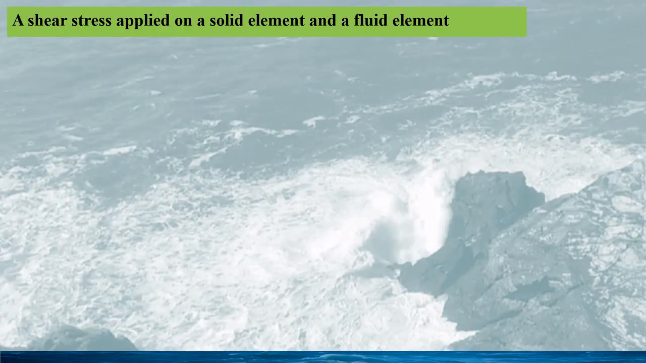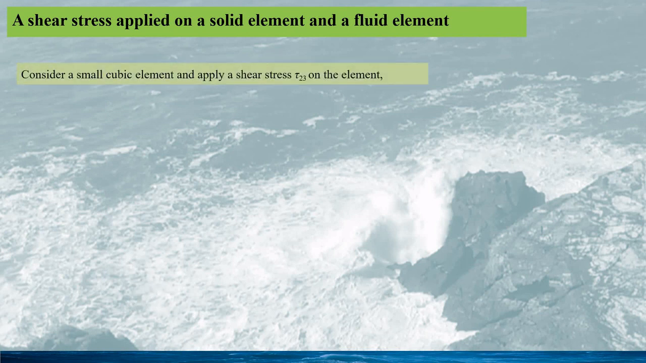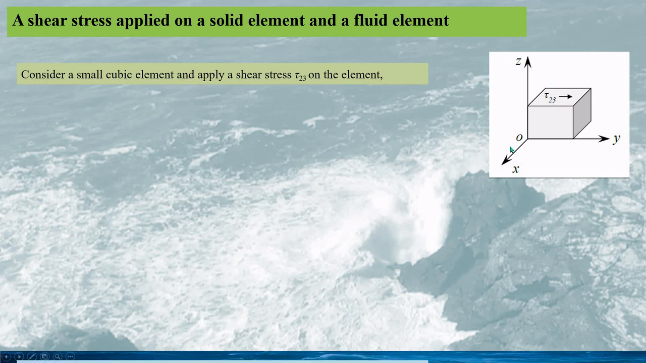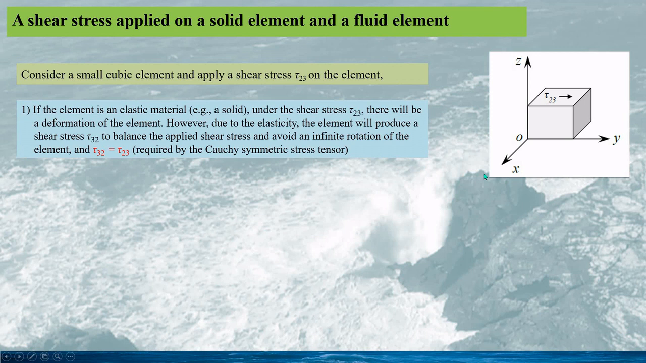In this slide, the difference of a shear stress applied on a solid element and a fluid element is shown. Consider the small cube and apply a shear stress tau 23 on the element as shown in this figure. If the element is a solid and elastic material under the applied shear stress, the element would deform and thus a shear stress tau 32 would be produced, which could balance the applied shear stress due to the elasticity of